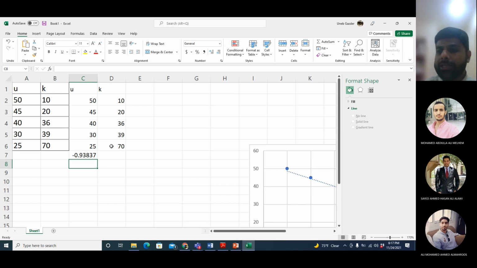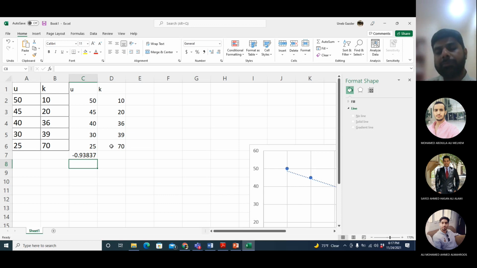Having a value close to -1 means a strong correlation but negative. So an increase in one parameter decreases the other parameter, but if the value is closer to -1, the correlation is strong. It's negative but strong. And instead of minus 0.93, if you had got 0.93, that would have meant a strong correlation but positive. So when you increase one variable, it increases the other variable as well.